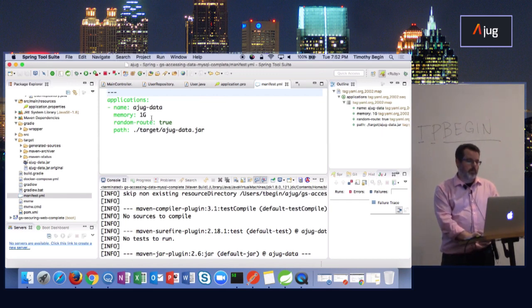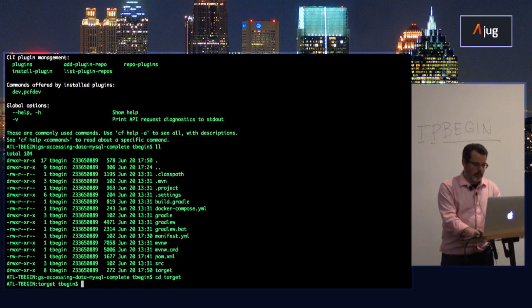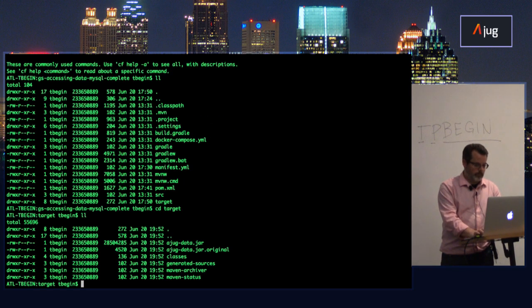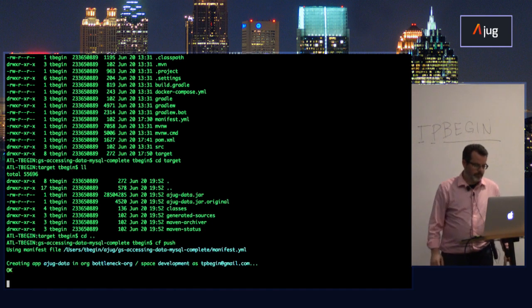Tell it to use a gigabyte of memory. I tell it to use a random route and then use the target ajugdata.jar, which is located in my target directory. So that's this guy. So I just built that. And when I do a CF push, all the magic's going to happen.